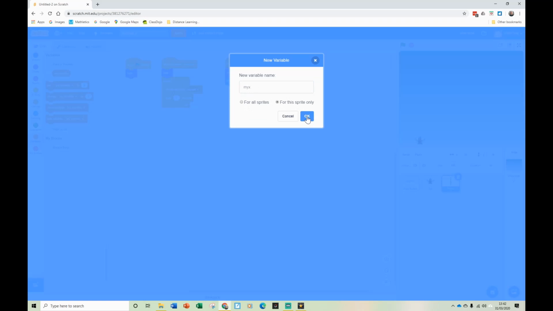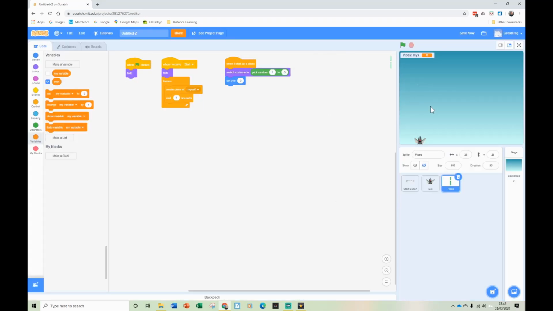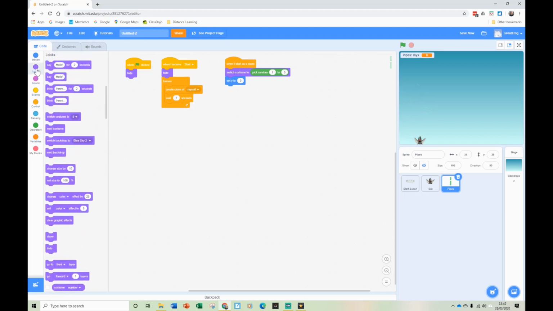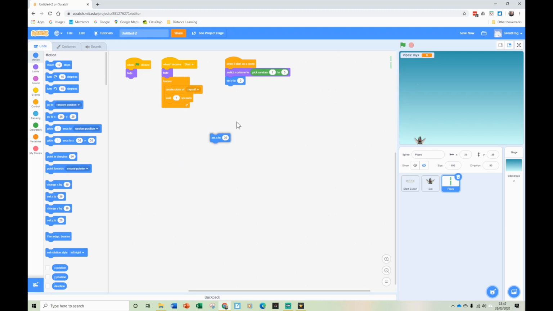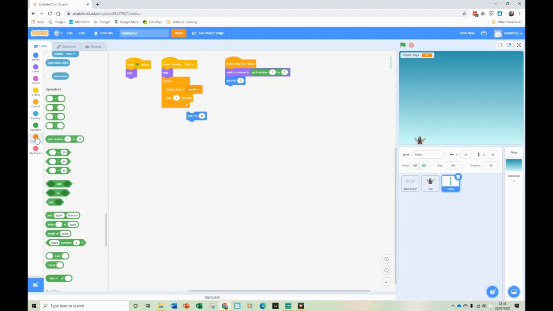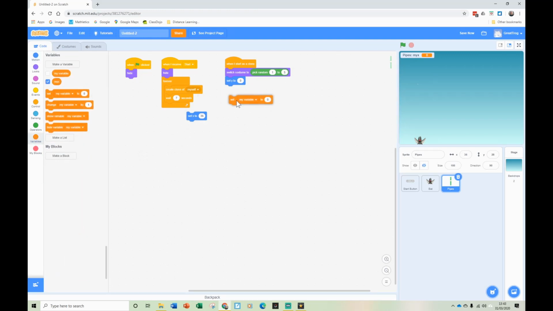And we're going to use that to set the X position now. So under motion, we go set X, or is it under variables? Oh yes, there we go, set, ignore that one, set my X to,